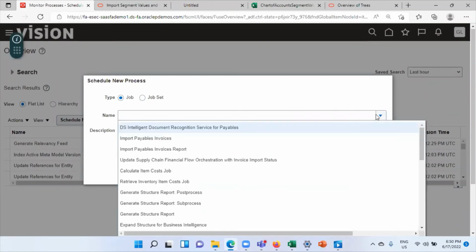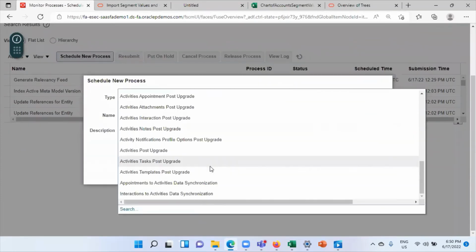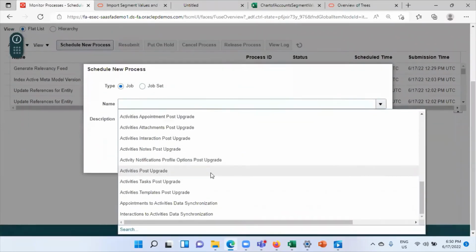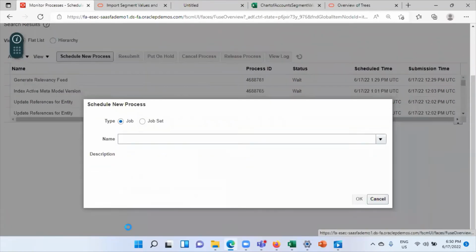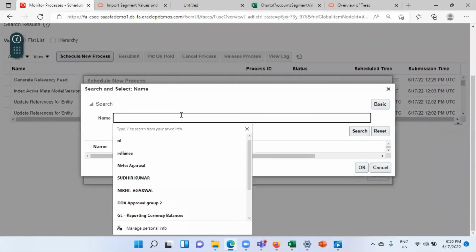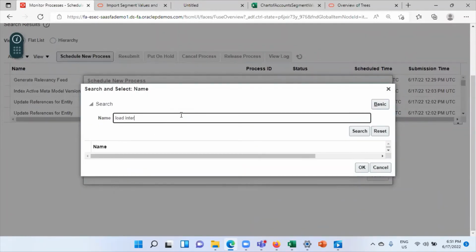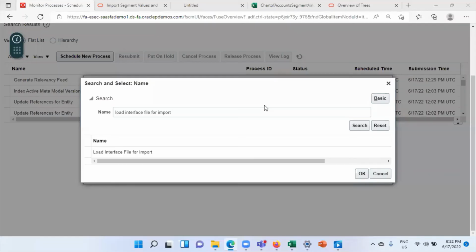Find Load Interface File for Import. Search the process from here. Load Interface File for Import. Click on Search. Click on OK.